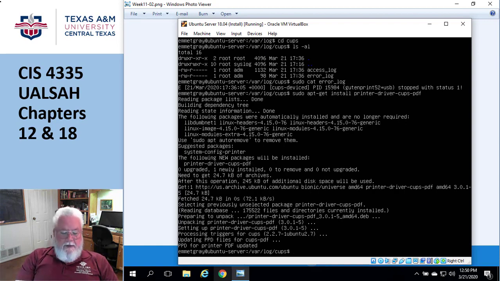Cool? All right. The next thing you would probably want to do is set this up, because even though we installed a driver, we haven't actually glued the two pieces together yet. So I'm not going to do that here, but there's a command line. It's in the lecture notes that talks about using lpadmin to point to this thing called cups-pdf and to set it up and tell it what the device is. And the device is going to be weird. It's not going to be like this example. It's going to be something dumb like